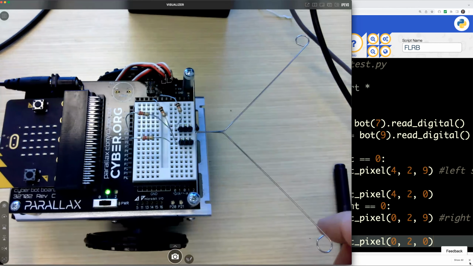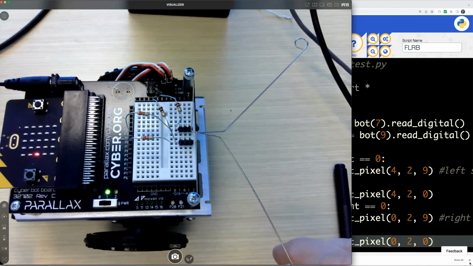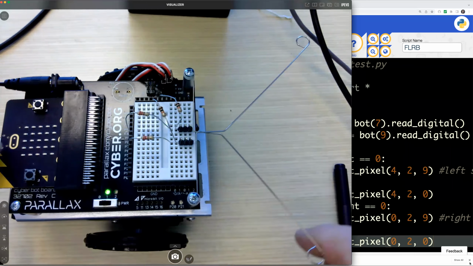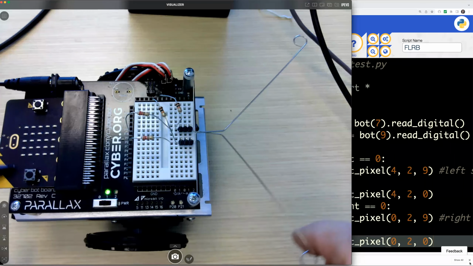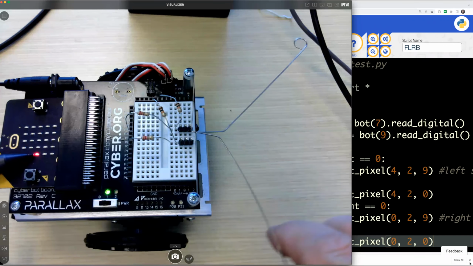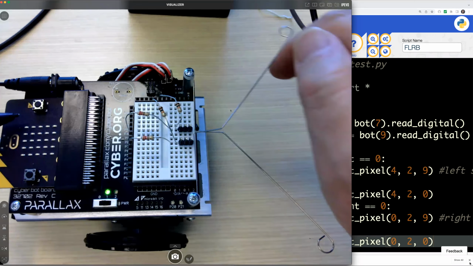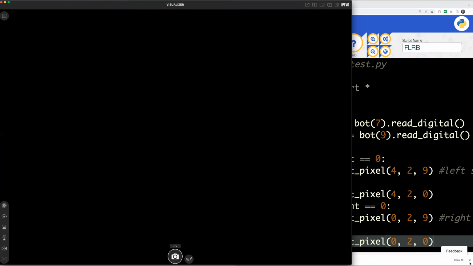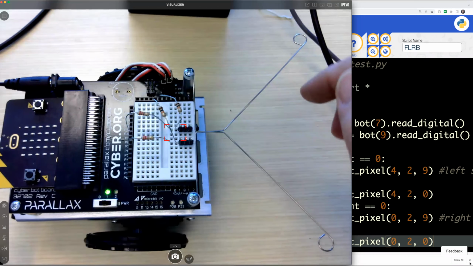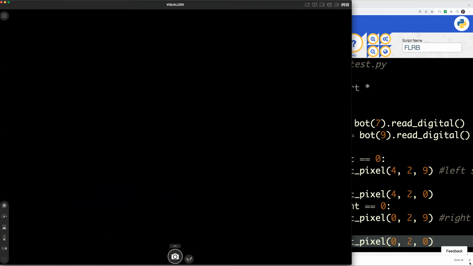Okay. So yeah, if you press the right whisker against its 3-pin header, you'll see a light on the micro:bit on the right side come on. And if you press the left whisker against its 3-pin header, you will see the